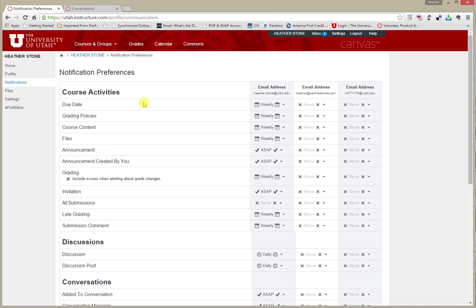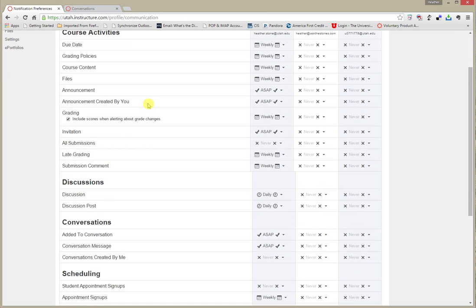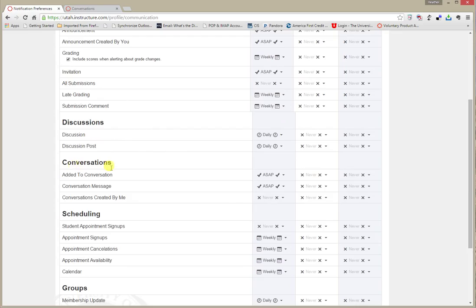Now scroll down the page about halfway until you see the Conversations heading. Underneath the Conversation heading, there is a Conversation Message feature. In the column for the correct email address, so the first column in my case, click the drop-down box